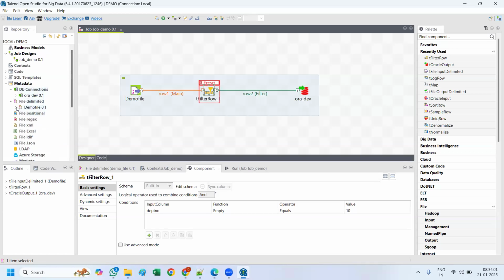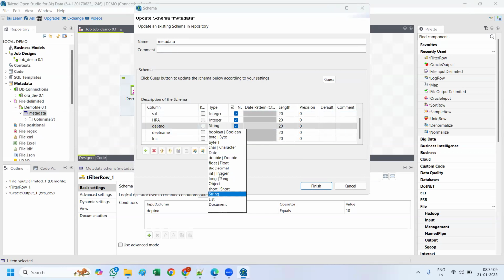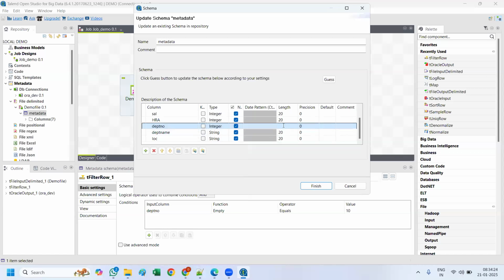Okay, so then what should you do? Edit schema. Department number is not a string, it is an integer. Department name, while it might be a string, it happens, it is an integer. Okay, then click on